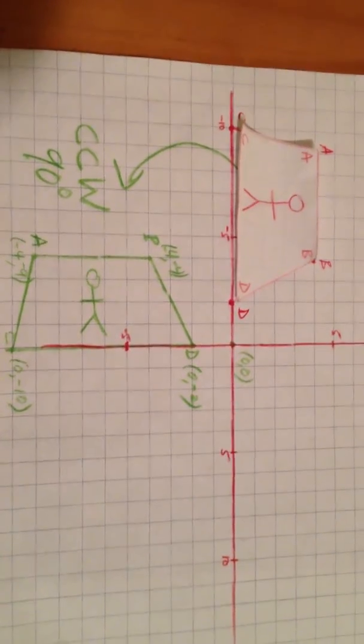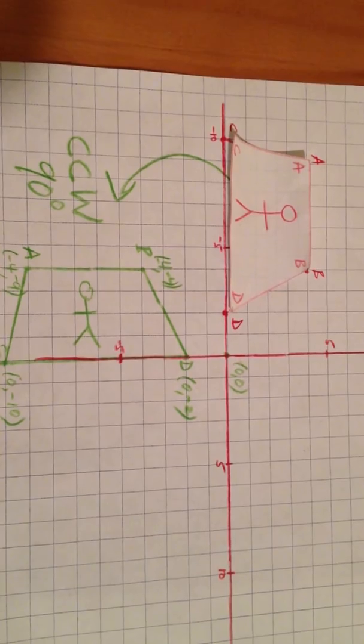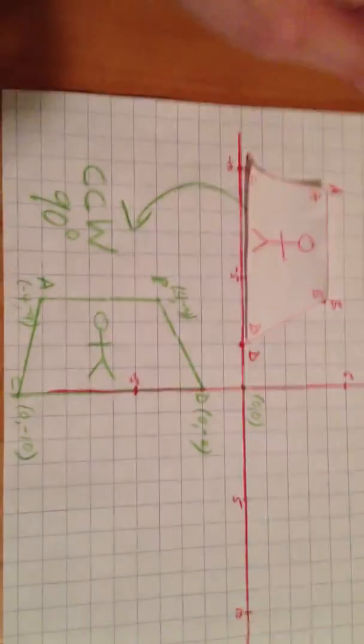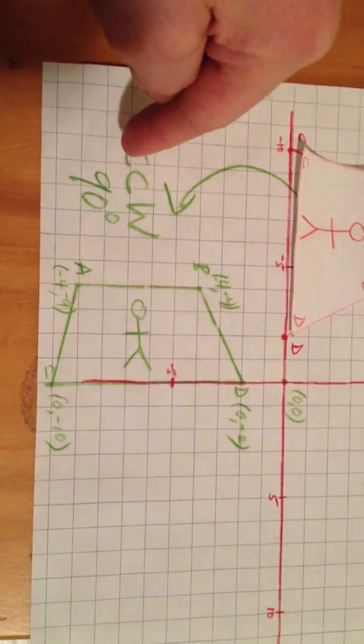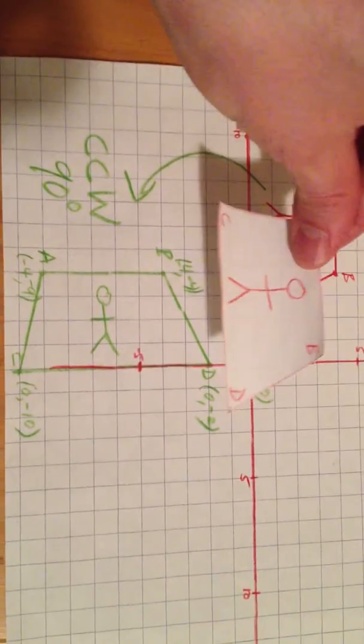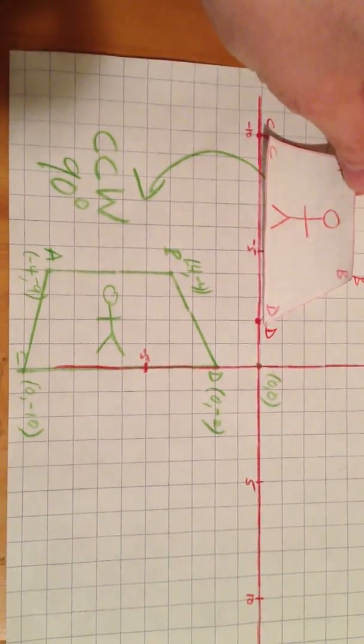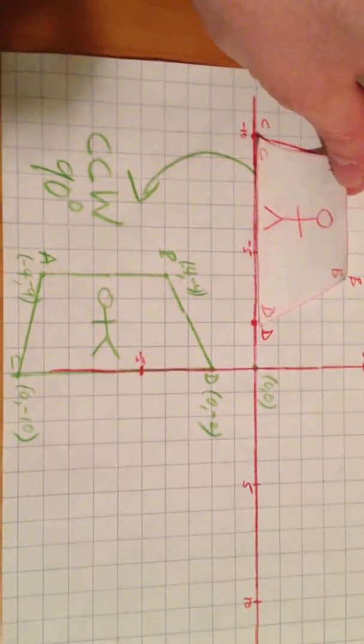Grade 7. So we're here again doing some transformational geometry. We are rotating trapezoid ABCD. This time we are rotating it counterclockwise 90 degrees. So again, use your manipulative, label it, put a little stick figure on it so you know exactly how the